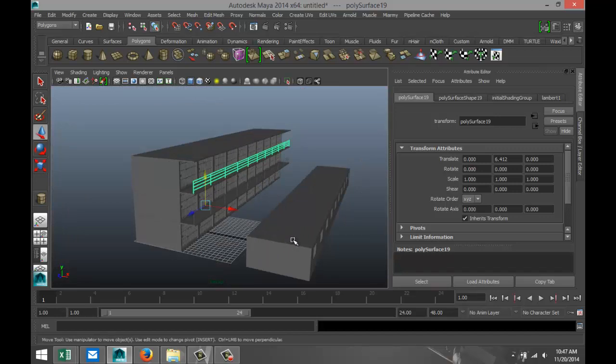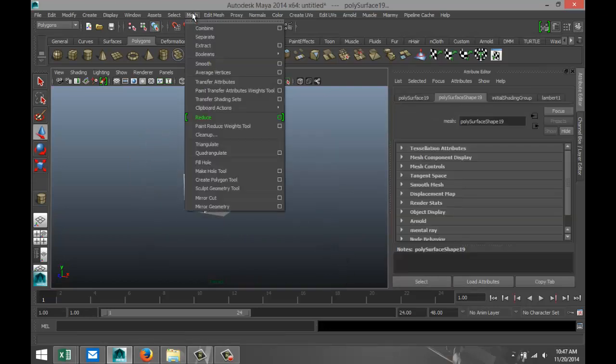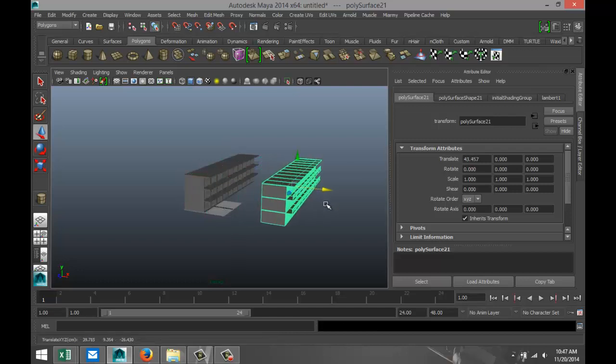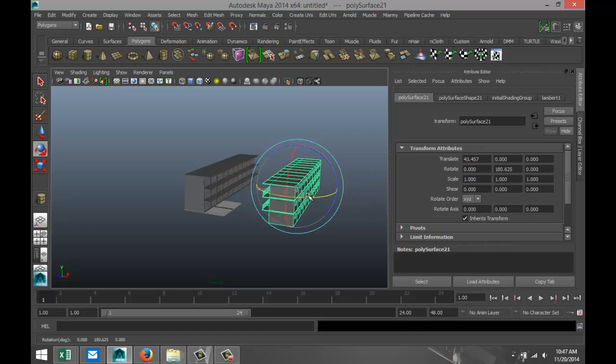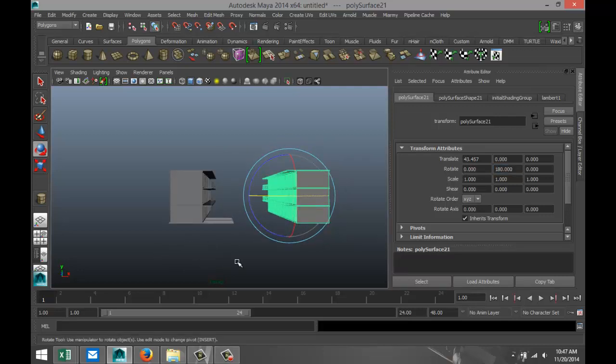We're gonna take this guy, we're gonna get rid of it, right click the whole thing, mesh, combine, modify center pivot, Control D to duplicate, pull it out, hit E, rotate that by 180, and now we are going to start to